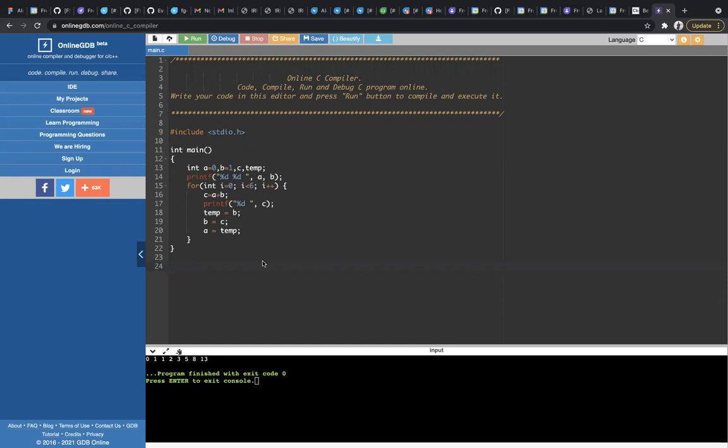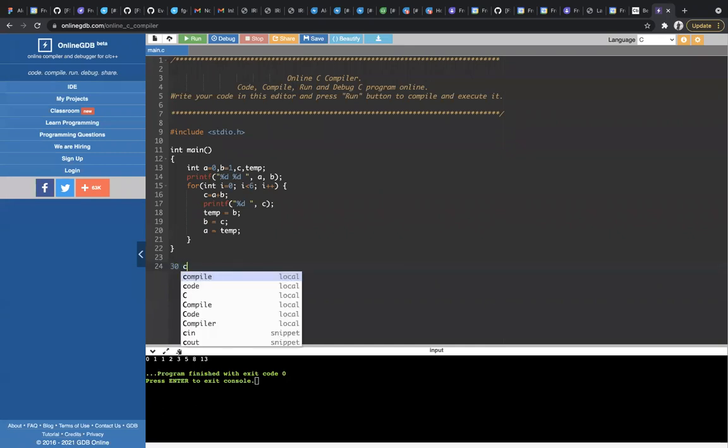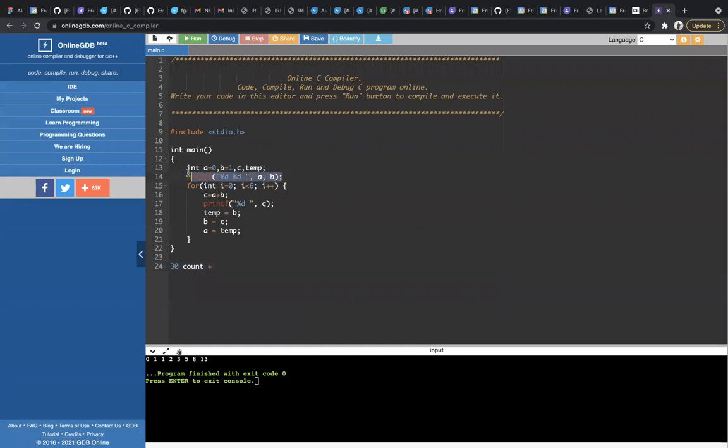So 6 times 5 statements got executed, 6 into 5, 30. So your count will be 30. Plus there are 2 lines outside the loop, so consider 2. 32. So for this main function to execute, you need 32 counts.